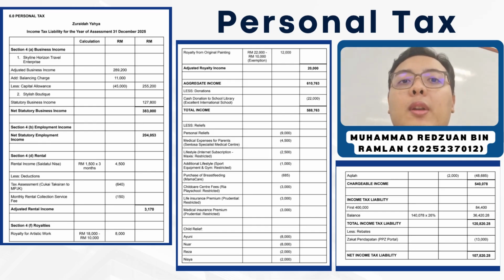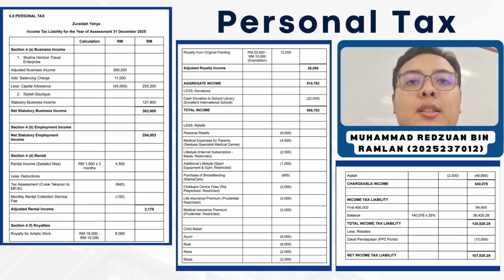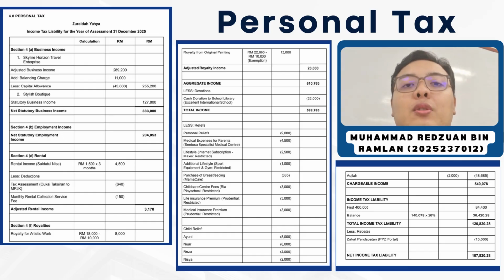588,763 ringgit, is calculated from an aggregated income of 610,076 ringgit minus the 22,000 cash donation to a school library. This comprises the net business income that we get, 383,000, from the Skyline Horizon Travel Enterprise and also Stylish Boutique. Employment income with